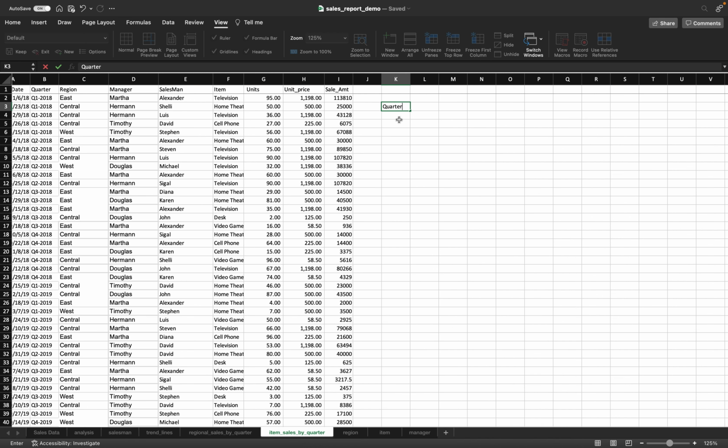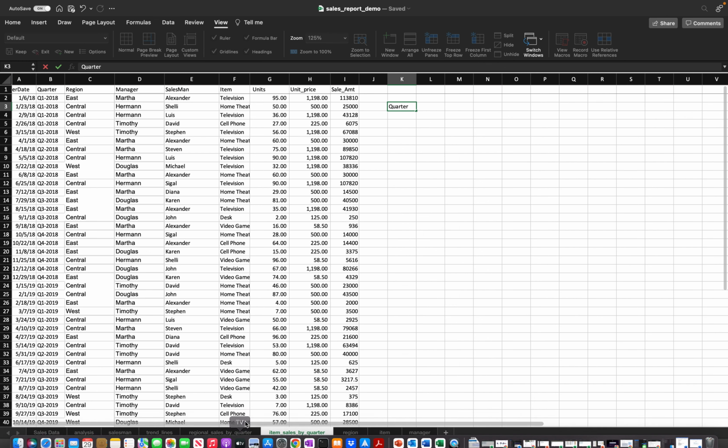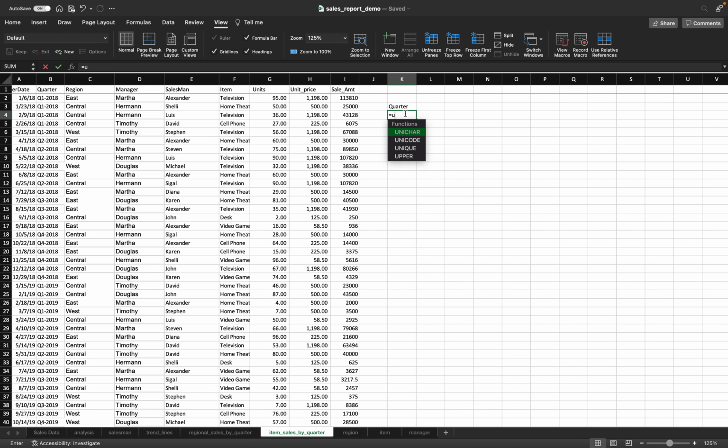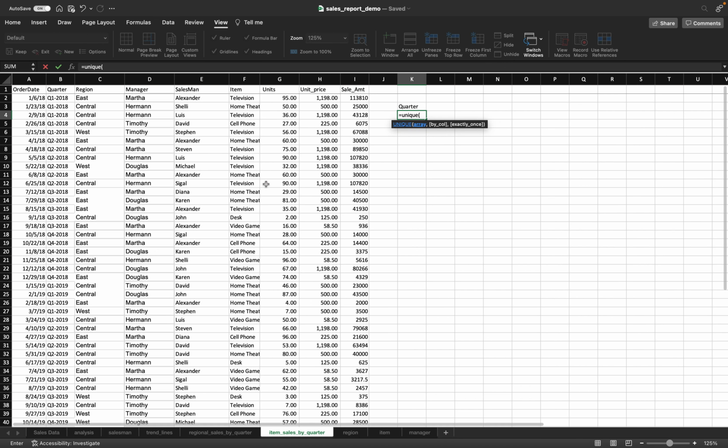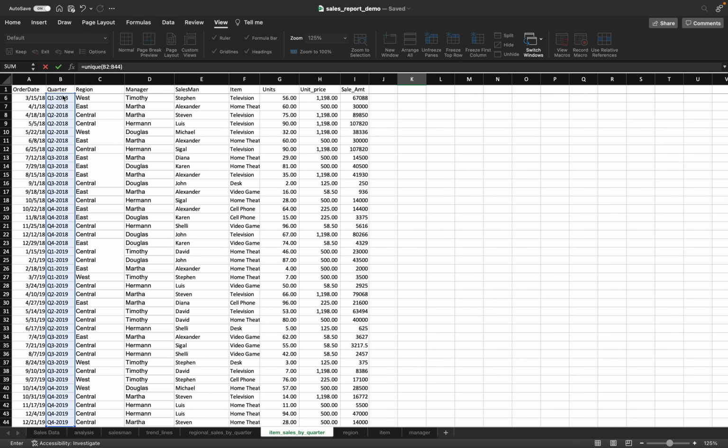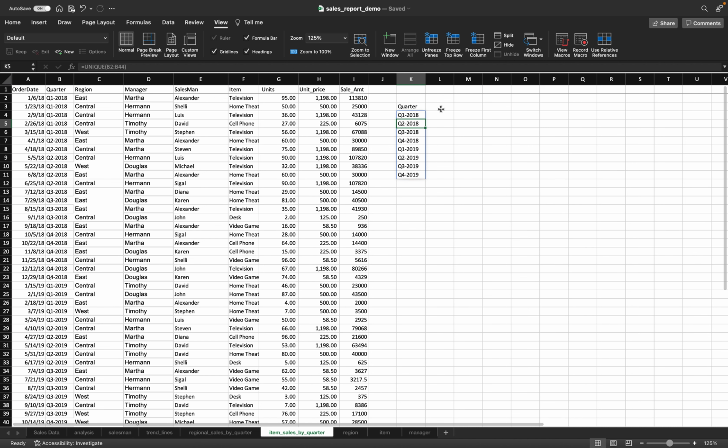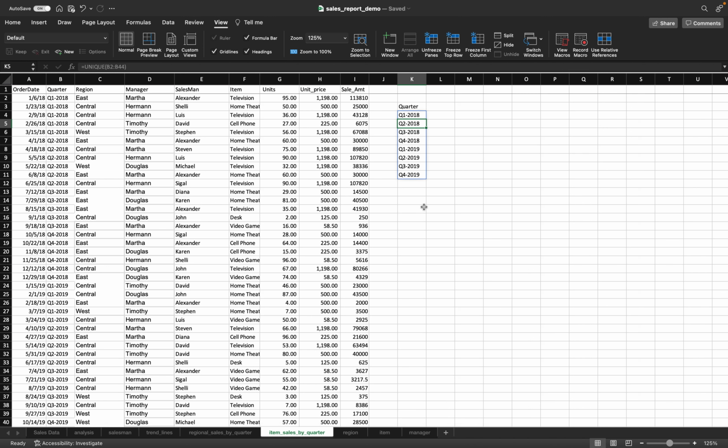Let's list out the quarters. We can just use a unique function again. Okay, there we have our quarters, and we can get our item names here. So what we can do is we can either manually type, or a better way of doing it is to use the unique function